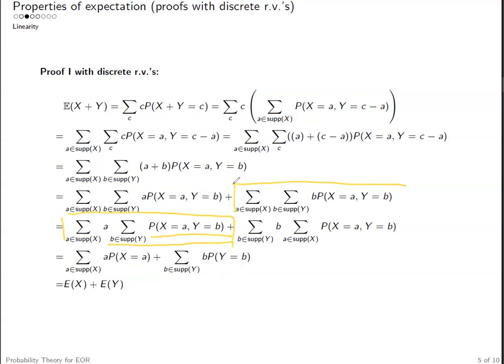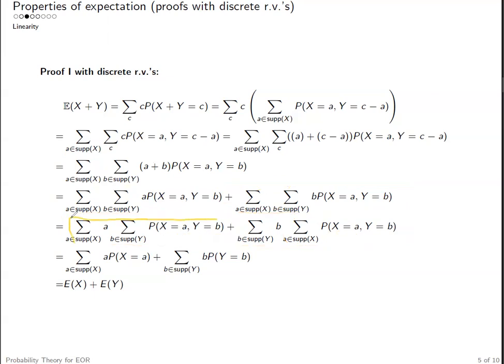As for the second term, this is what we're gonna do. We first exchange the order of the summations if the summation is well defined. If we change the summation order here, the value should remain the same. And then we move B forward. Okay, this is what we're gonna do with the second one. And here again, we're gonna sum over all possible choices of A from the support of X.